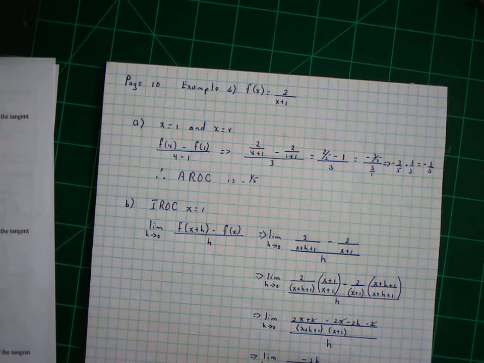And this is all divided by h, and that's really h over 1. So I'm going to invert it and multiply by 1 over h. Now when I do that, look at what happens here. These h's cancel out. They're gone. So I'm left with the limit as h goes to 0 of negative 2